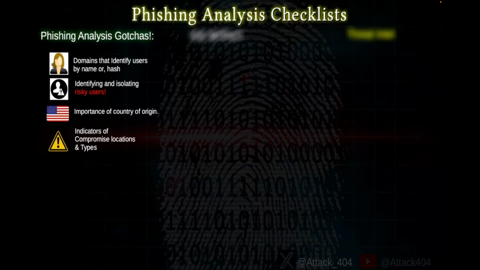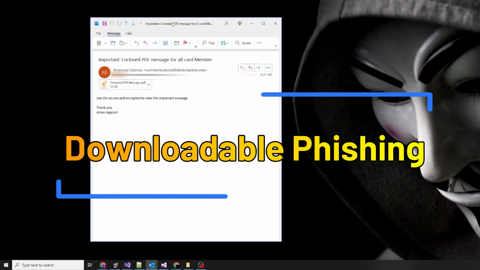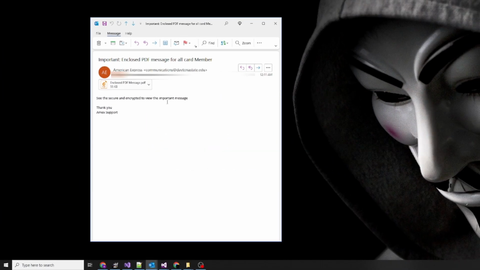And the reason why I say hashes is because a lot of threat actors will in fact send HTML files that will interact with another domain, and if I have the availability of gathering that, I'll show you what that looks like. Okay, so in this little email that we have here, this clown decided that my American Express card was probably going to expire, or whatever the case is. This is an example of